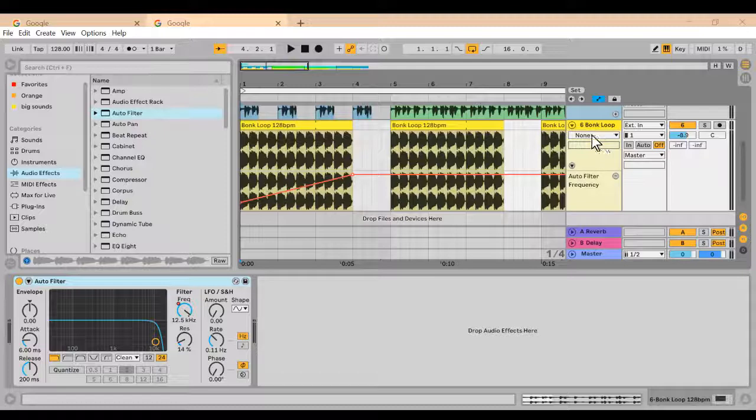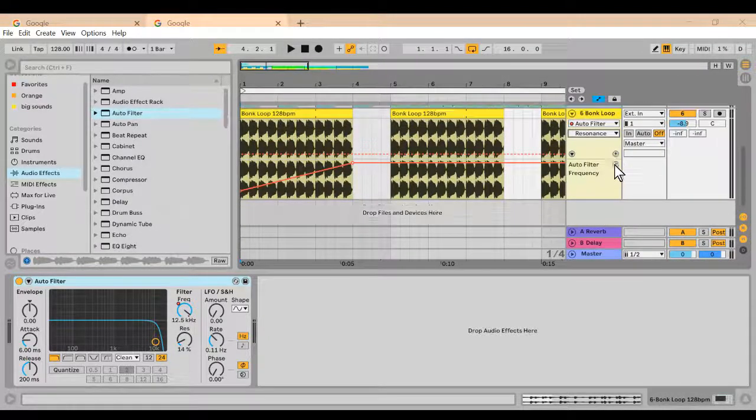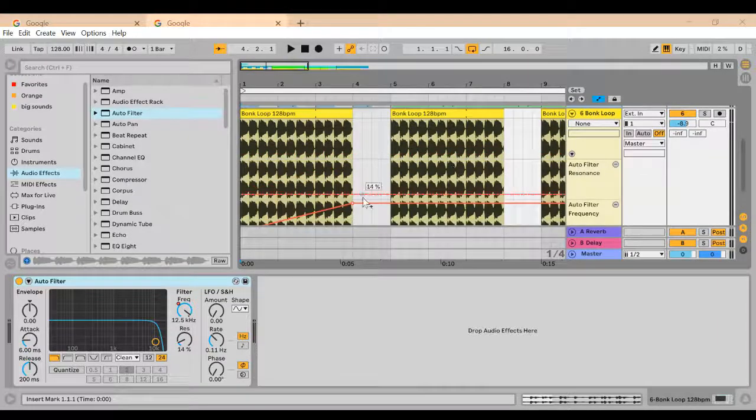So I'm just going to add in another, under device chooser, auto filter, instead of frequency, now I choose resonance, and I click on the plus again. So now I have resonance. I have another line for resonance. I'm going to click on a point here at the end and click another point here at the end, and I start resonance from a high resonance. A high resonance. So I get